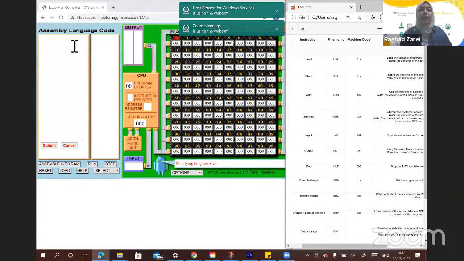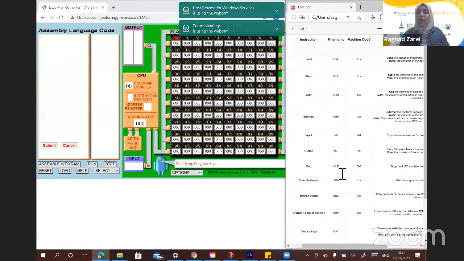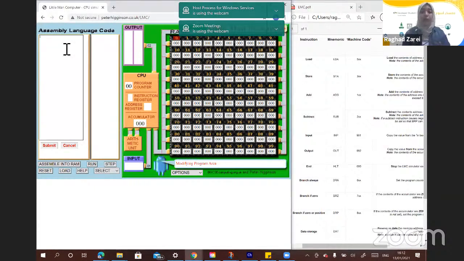To make it very clear, allow me to demonstrate by writing the first set of codes. Now, let's say we wanted to add two numbers. First of all, we can ask for input from the user. So what does input say? You can go back to the instructions and see that the mnemonic code is INP, and that's exactly what you do. INP, you wrote your first assembly instruction. Now, after that input is taken, you want to store it. Think about it. This is a CPU. At the end of the day, it's a machine.